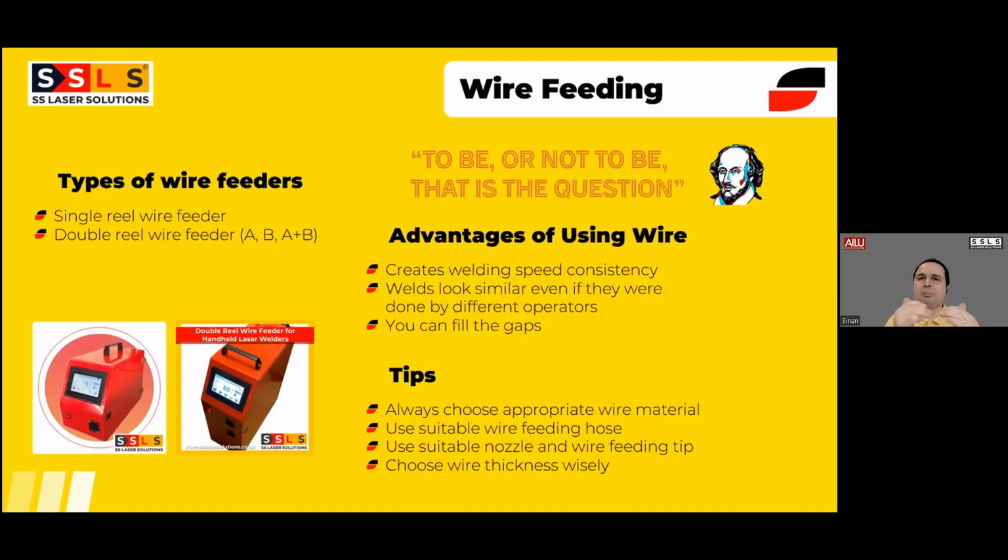Because when you melt the material, as you're not using any filling material, the weld is going to collapse. So you can weld it, but it's going to get thinner compared to the other side of the plate. With thinner materials, around 1 mil, 2 mil, that will be fine. So this is the second thing. But the third thing, I think this is the most important thing. Normally, laser